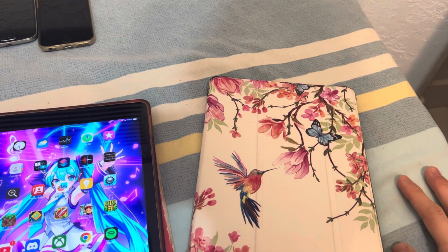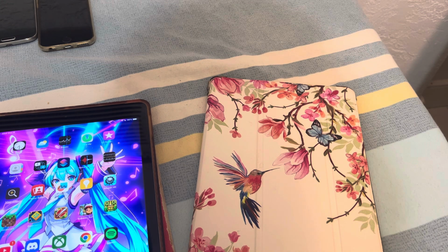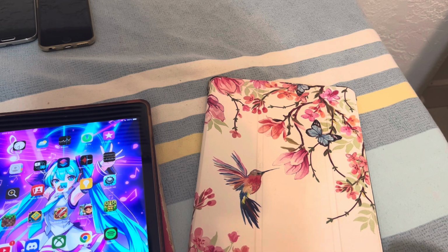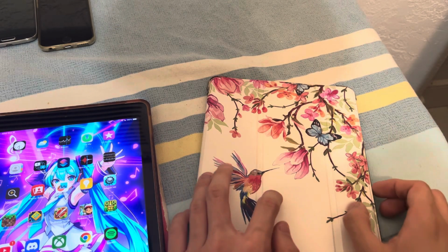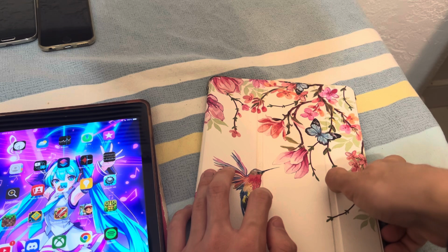another case. It's a case similar to my iPad Air 2 case, but that case then broke, and then I got another one, and then I got another case from one of my friends, I think, but that one also broke after a while of use. And then lastly, I got this case, and I've had this case on it since early 2022, because